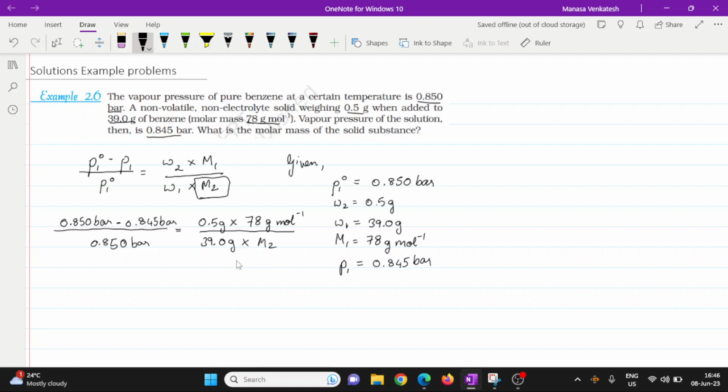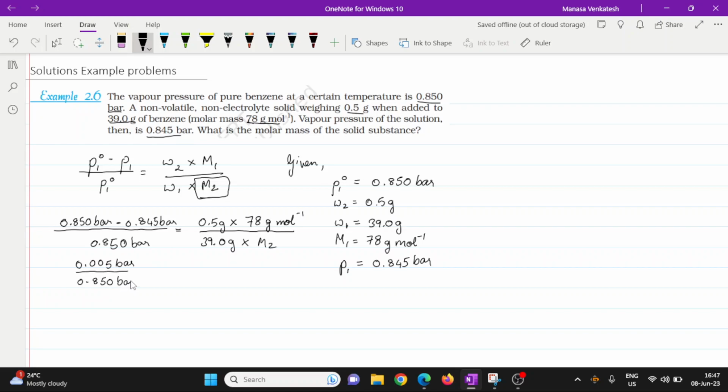The reason I like having the units is it helps make sure that we are doing the right thing. In the end, since you're calculating the molar mass of the solute, you should be left with grams per mole. So let's start simplifying this. So you get 0.005 bar